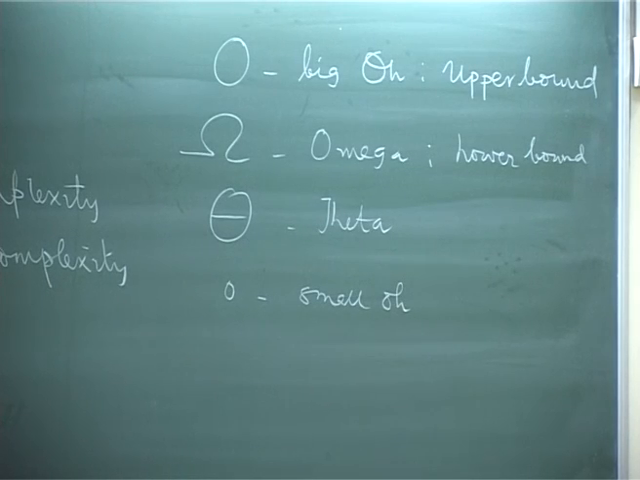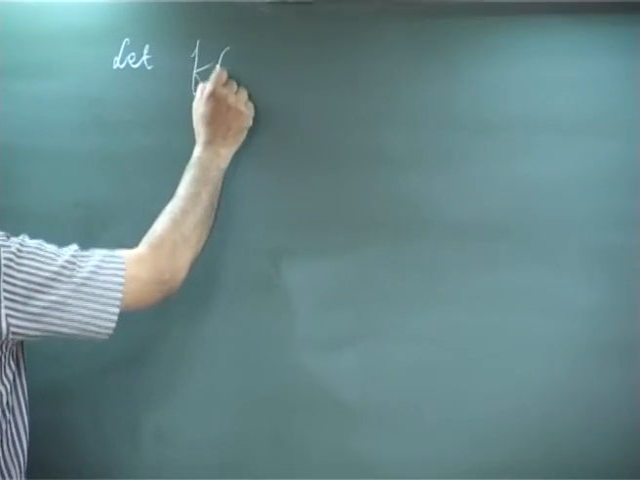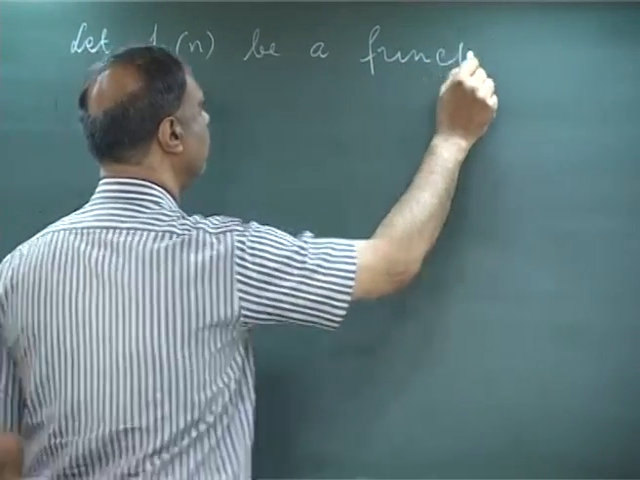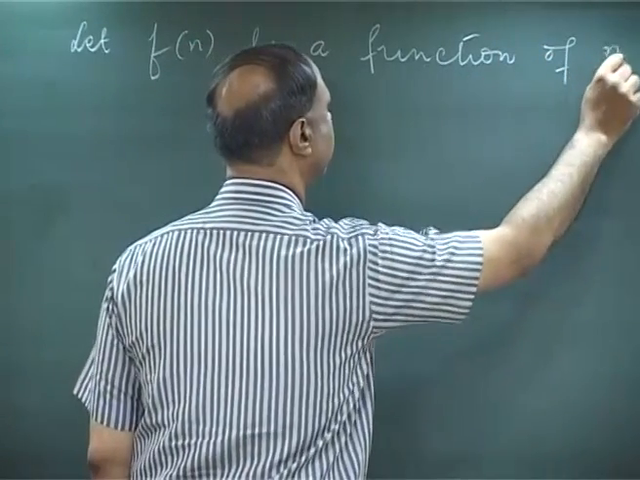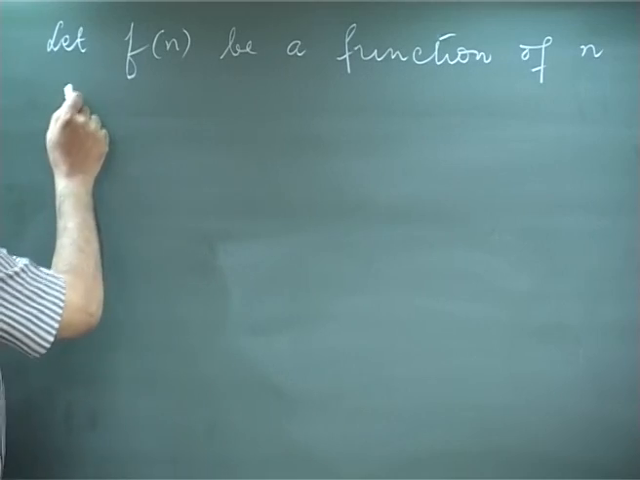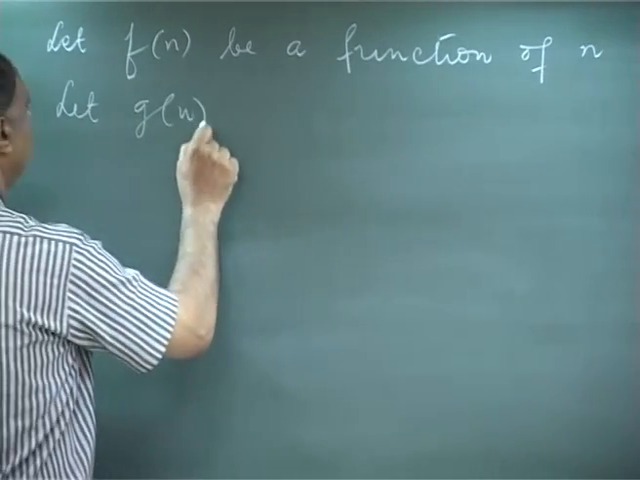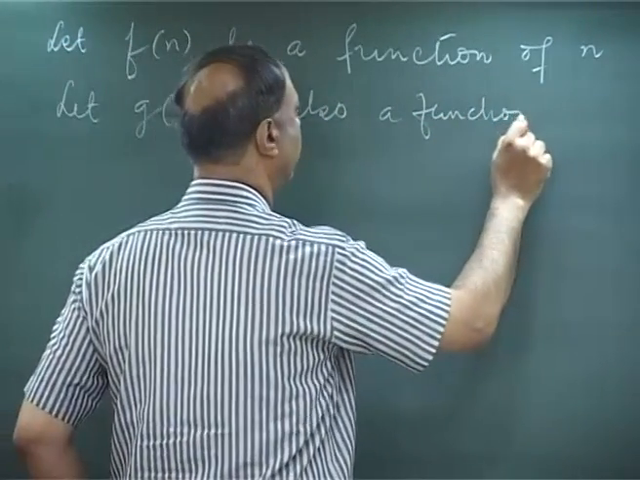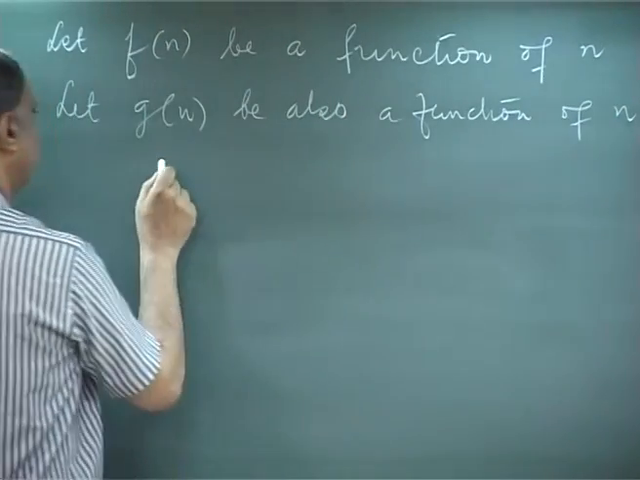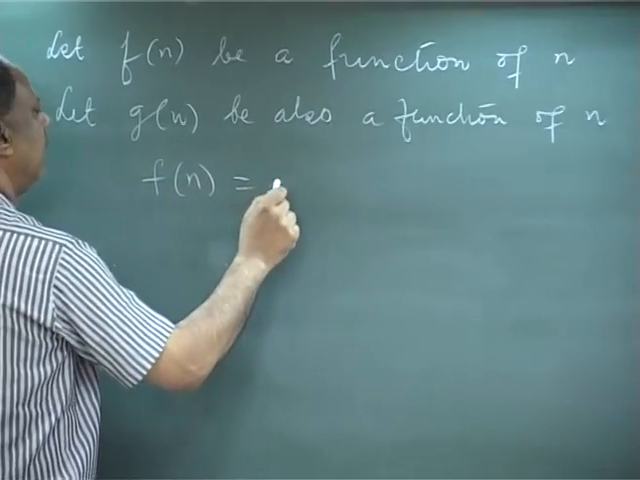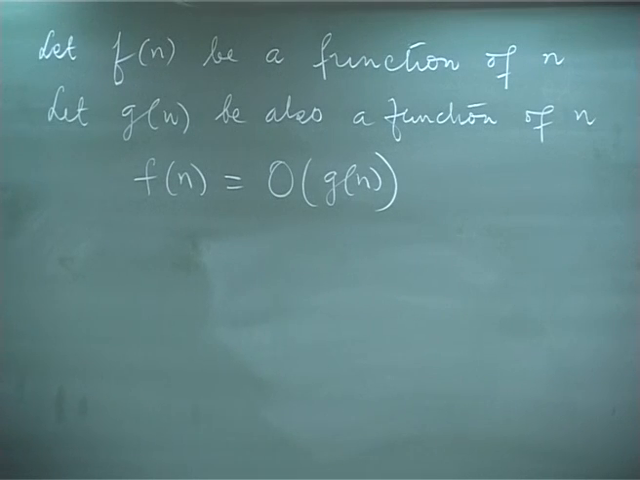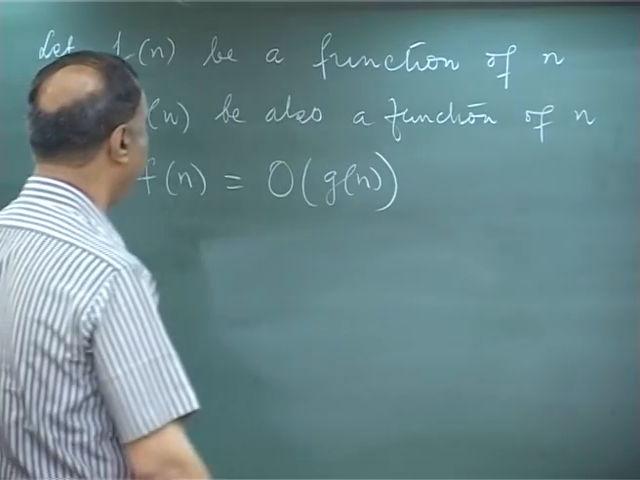Now what is the big O notation which you use for worst case time complexity? Let Fn be a function of n. Let Gn be also a function of n. Then we tell Fn is of equals to big O Gn if